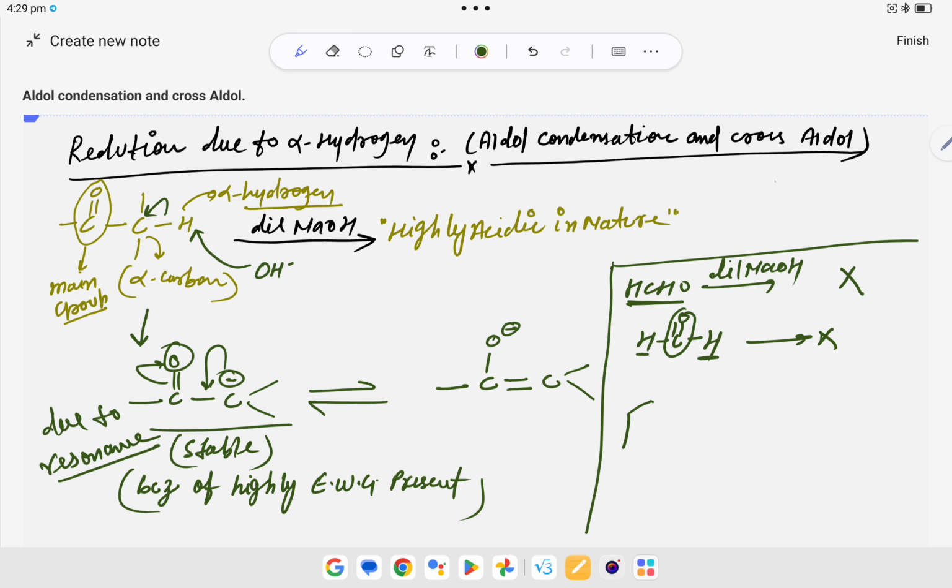At the same time, with benzaldehyde, if you are counting from the benzene, then this is your alpha carbon, and this carbon does not have hydrogen. So if you react with dilute NaOH, here also no product formation will happen. So reactivity due to alpha hydrogen, that you have to remember. Okay. So next,